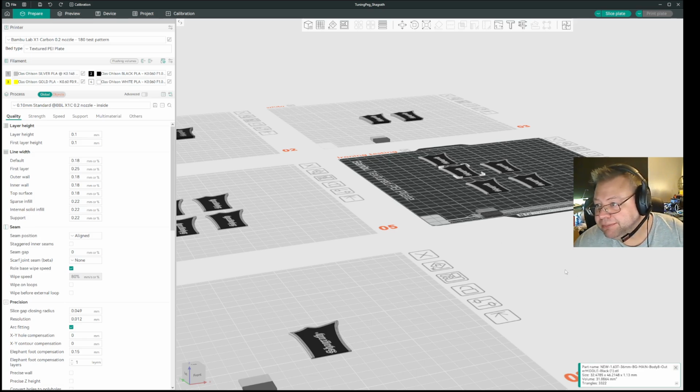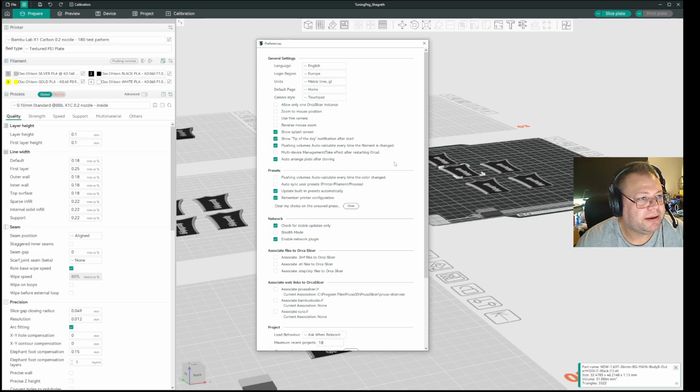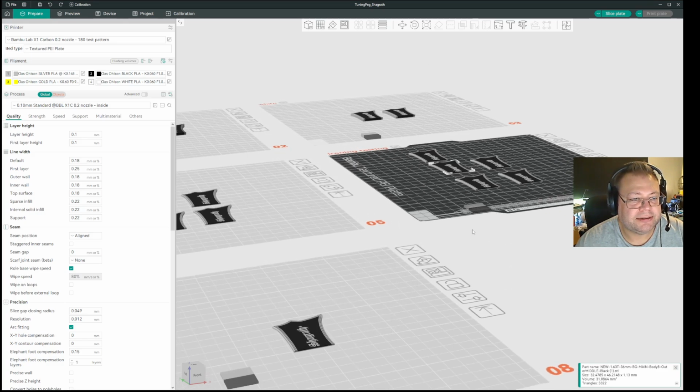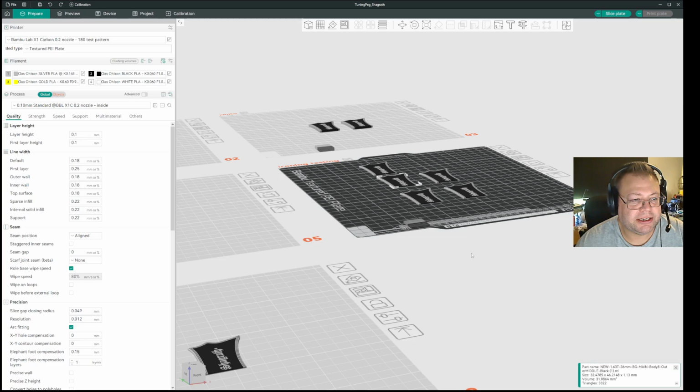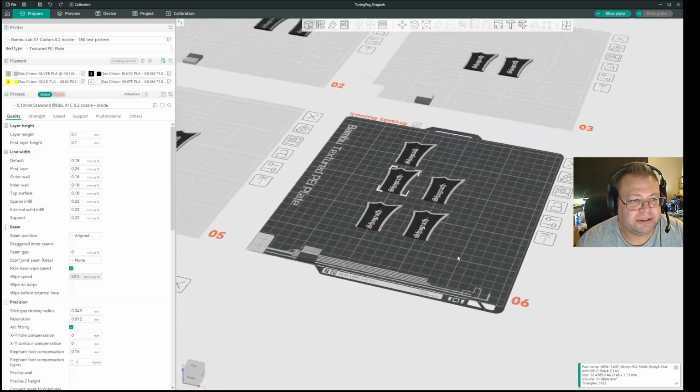Well, the fix is quite simple. You go to the preference menu up here, top left corner, preferences, and then you go in and you find the setting called camera style and touchpad, and then you change that to default, and then you close the window, and voila, you can now drag and you can also pivot like